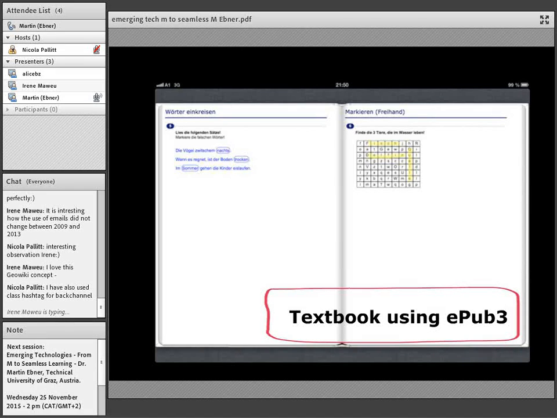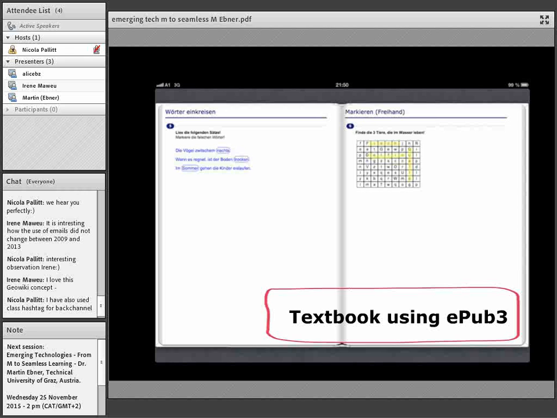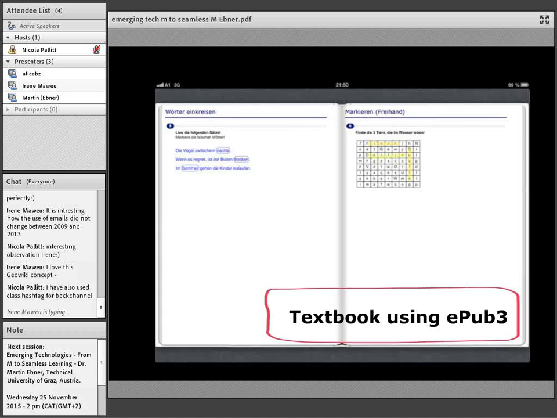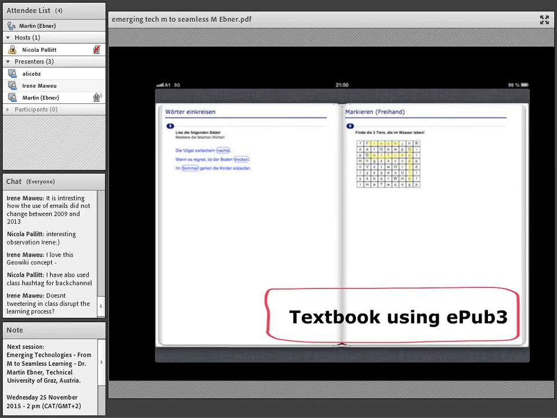Maybe also a very interesting research project was a textbook using the EPUB 3 format. EPUB 3 is an open format and readable by any device. And what we were testing here was that, of course, one problem occurs, because if you're a teacher, then you are interested in what people have done in the books. For example, filled out something or marked something. Have they done the exercise right or not?